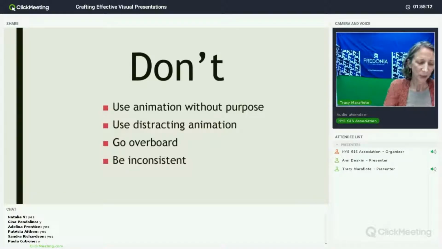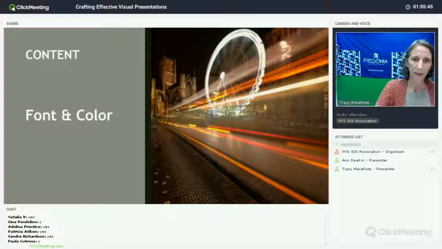So when we're talking about consistency, you want to make sure always that you are being consistent across your slides. You're using the same background, the same color, the same font type, the same font size, and yes, same general animation style. Now this, again, doesn't mean doing the same thing on every single slide, which is going to put people to sleep, but it does mean having a general standard and then adding in variation for special effect or special goals or interest. All right, so looking at the time, let's move on to font and color.